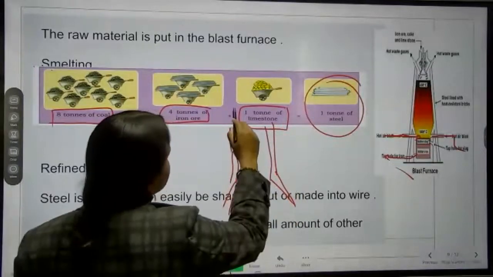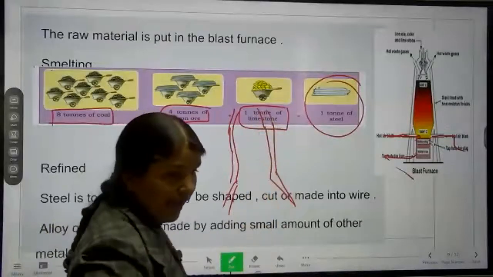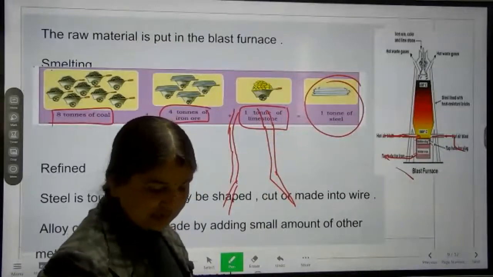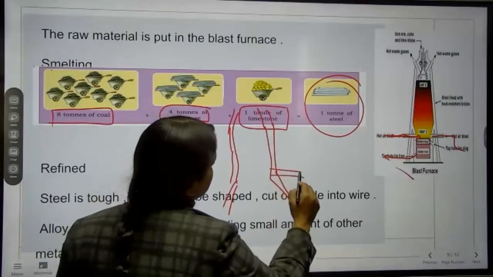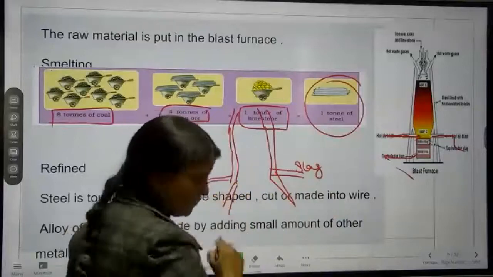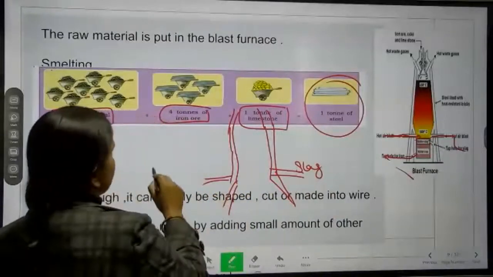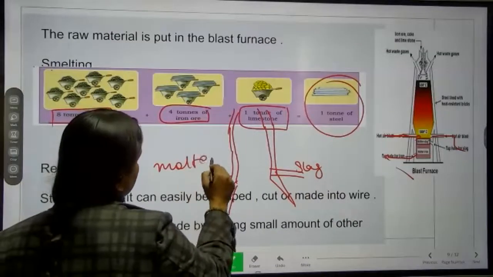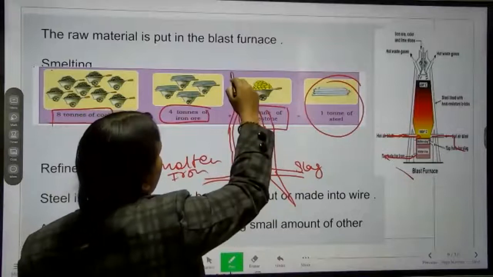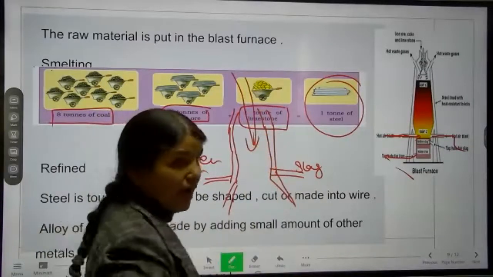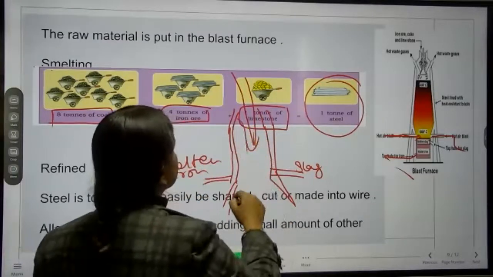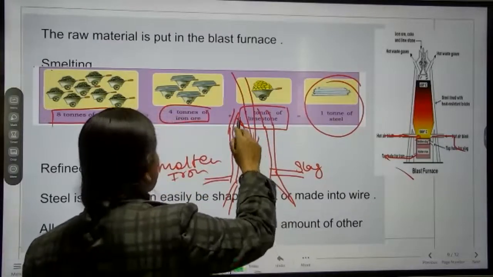Now something just like a cylinder. As we have a gas cylinder, something of that type is the blast furnace. In the blast furnace, on this side one area is there which is known as sludge. Okay, and here another area is there where we find the molten iron. From there we get that. And from the upper side, they keep the raw material. Limestone they put there, iron ore they put there, coal they put there.